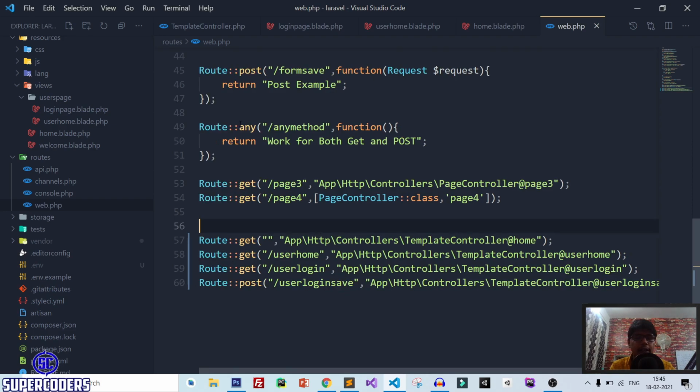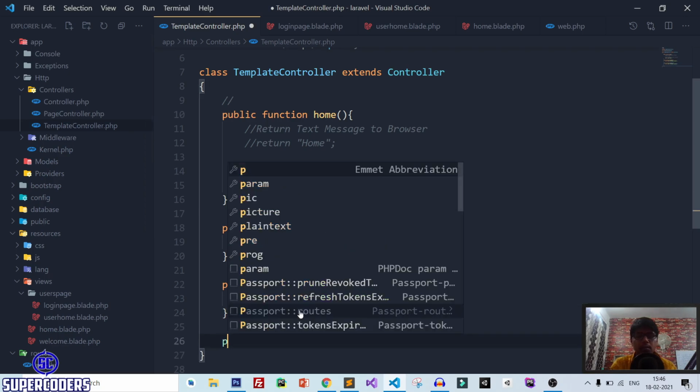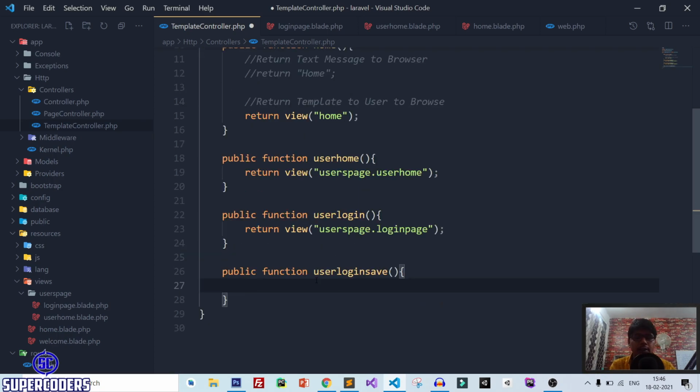Now back to the controller again and here public function user login, save. Now when you are working with form data, like accessing the form inputs, you need to use a request object. So let's see how you can do this.